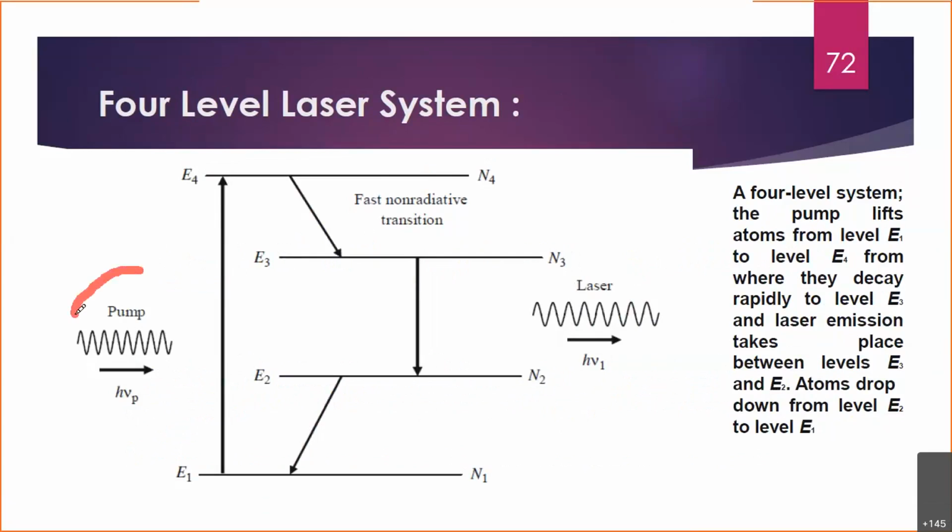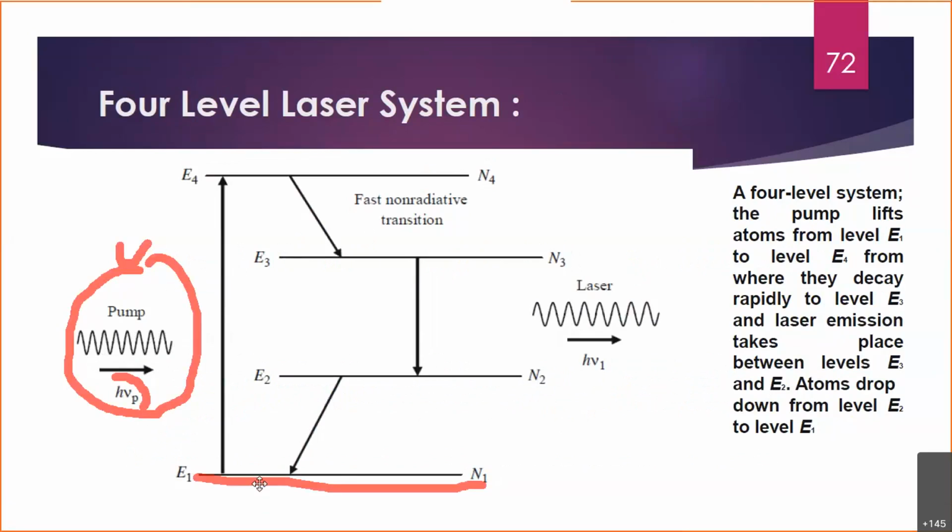Now you see this is your pumping power. Now again you have to consider how much amount of pumping. So you need to provide the pumping in the order of, let's say, h nu p. But how much is enough so that the pumping can lift the particles or atoms in the ground level, they can absorb this energy and reach directly to level number 4. So that much energy you need to provide so that they can directly jump to level number 4.